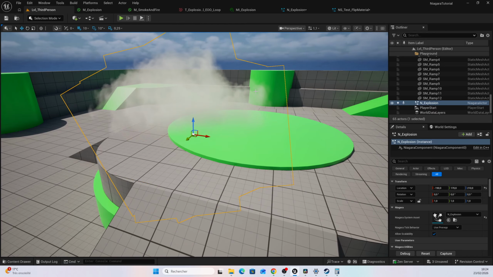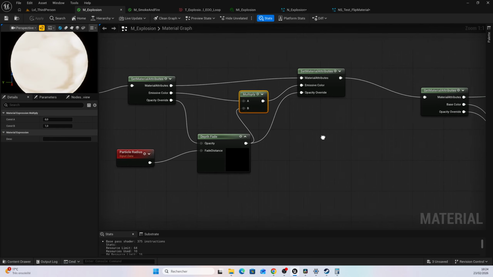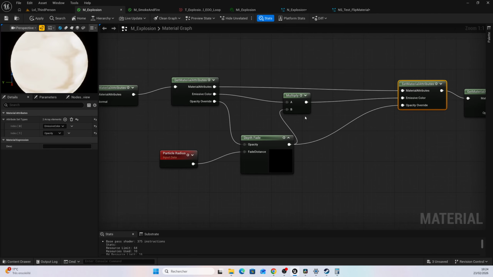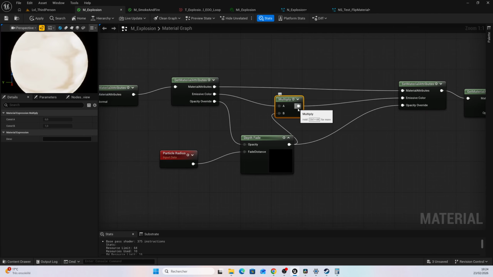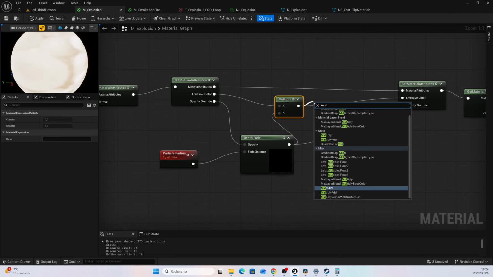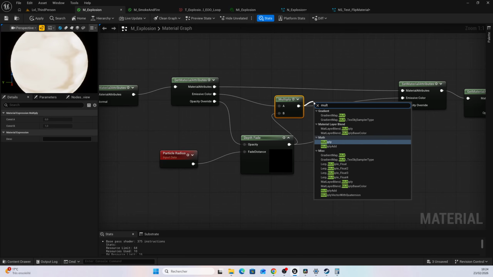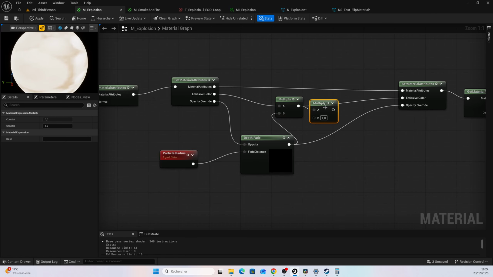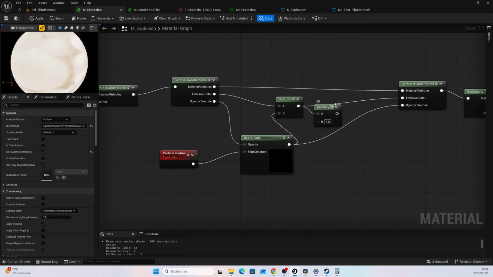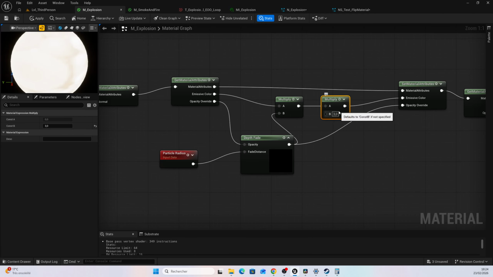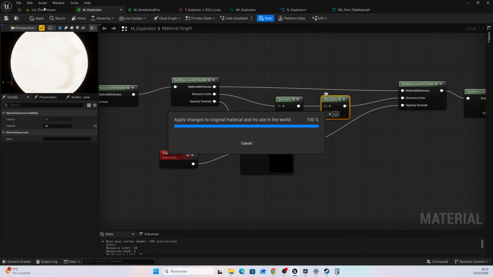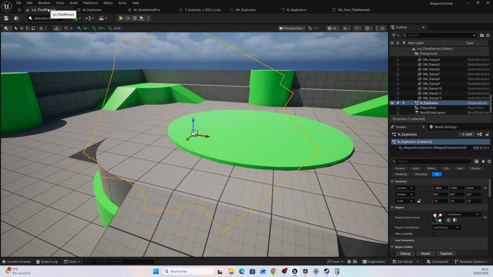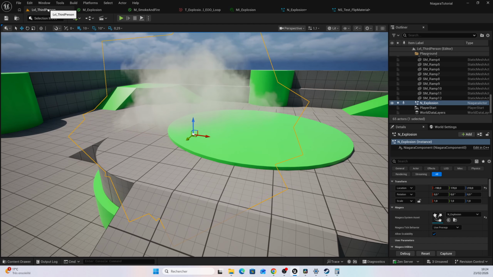But because we lose a bit of our brightness, we can multiply our output, the emissive color, by a value to increase it, for example 3, to increase the brightness of our emissive color. And now we have something brighter